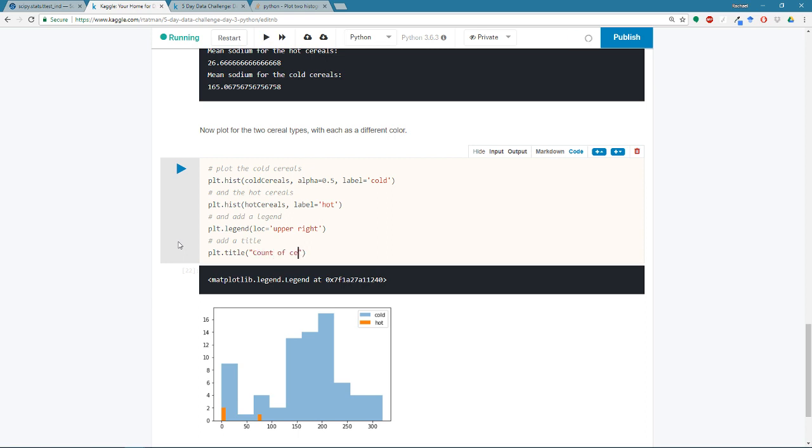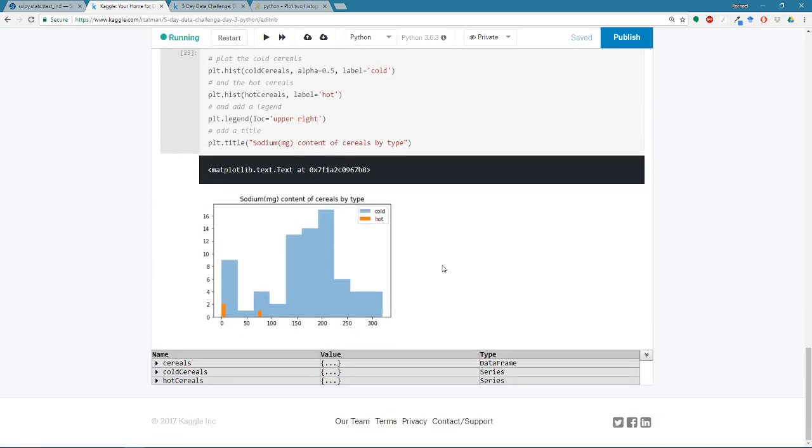Count of cereals. Sodium content of cereals. I'm gonna put a little milligram here so we know the units, by type. Nice, excellent. So we didn't get a chance to talk about log normalization, but